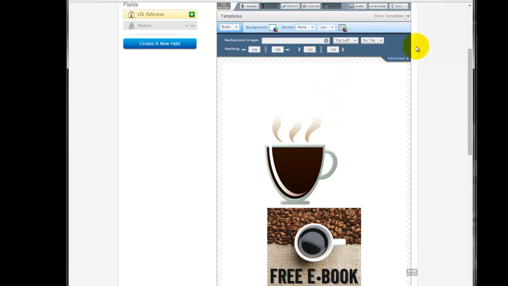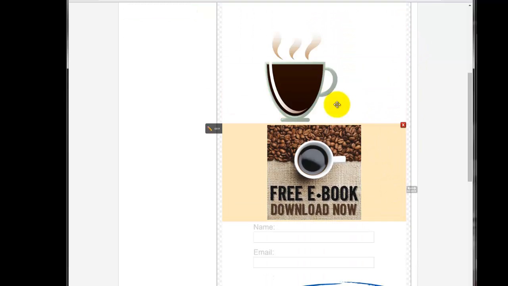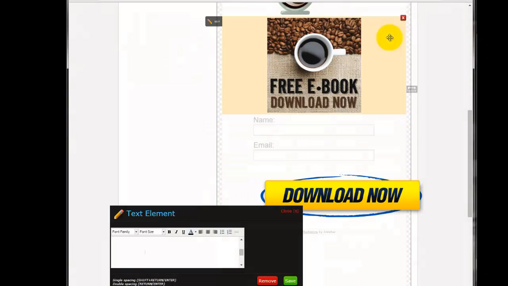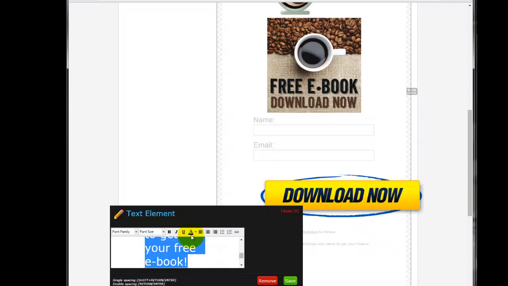Okay, so what we're going to do, we actually probably need to put some text in there, just to give people an idea of what we're asking them to do. So I'm going to make it 36 black. Please provide your email address and name to get your free ebook. Okay, and if I select all of that, make that black, we'll make it Arial, which is what we would normally use in everything,